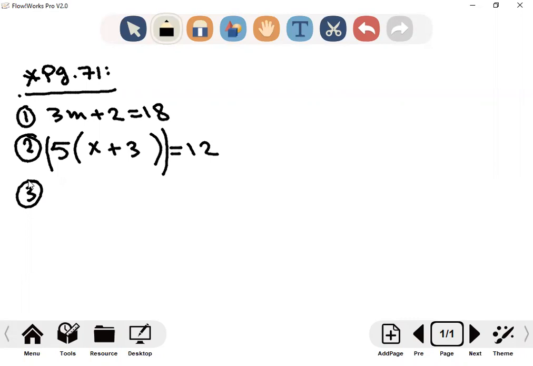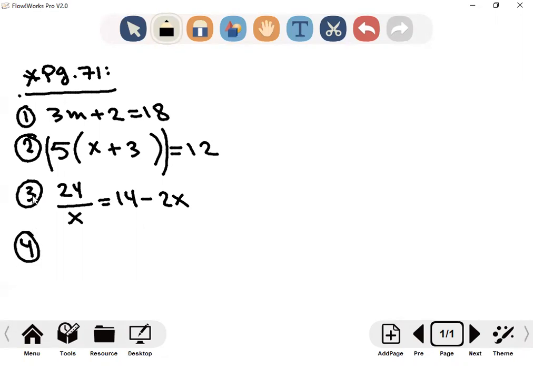So here, the quotient of 24 and x means 24 over x. Okay. Equals 14 minus 2 times x, which means 2x. Question 4,